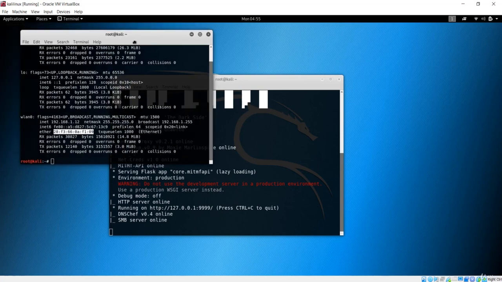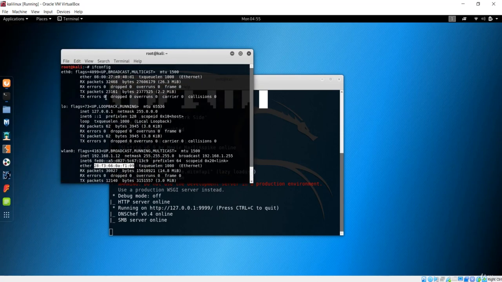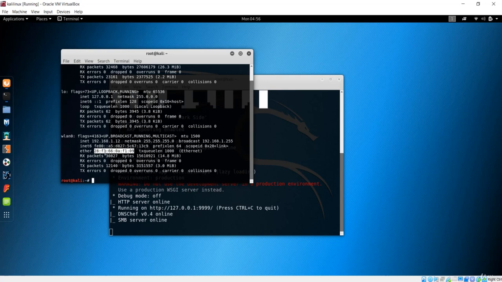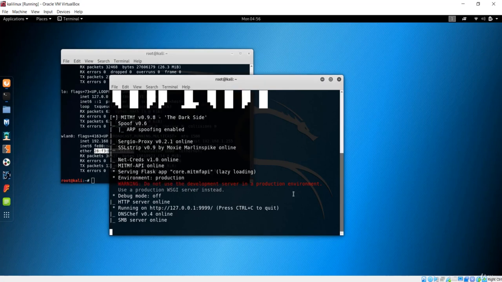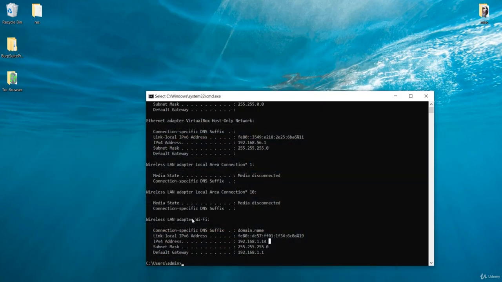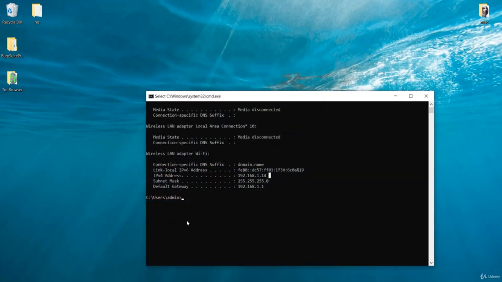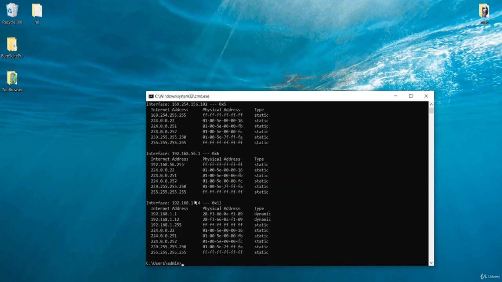So you could see right here, if I just press ifconfig, it is going to give us the MAC addresses of this Kali machine. Let's go to our Windows machine now. So this is my Windows machine. What I want to do here is list the ARP table. In order to list that, we have the arp -a command, which is for all, and if I hit enter,